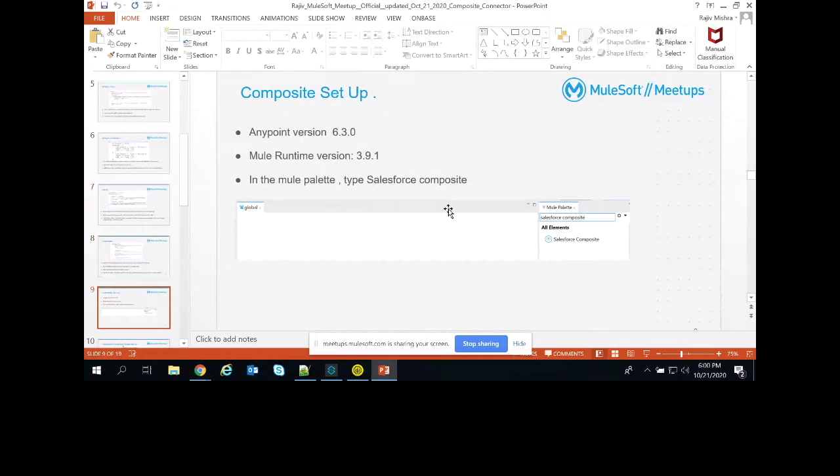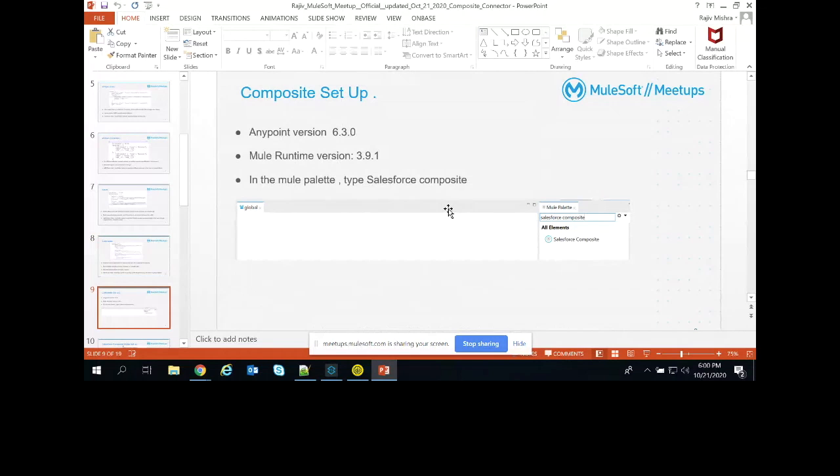So basically, let me open that. For this particular demo, I'm using Anypoint version 6.3.0, and the Mule runtime version that I'm using is 3.9.1.